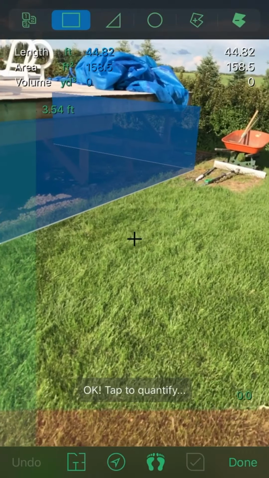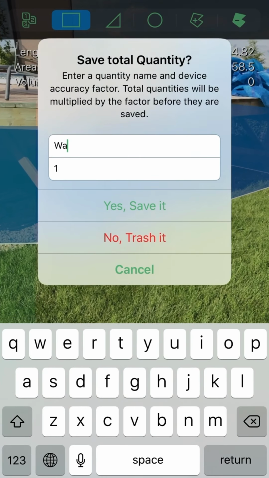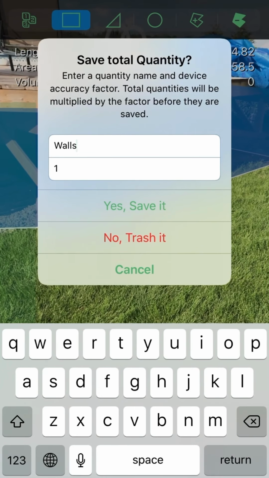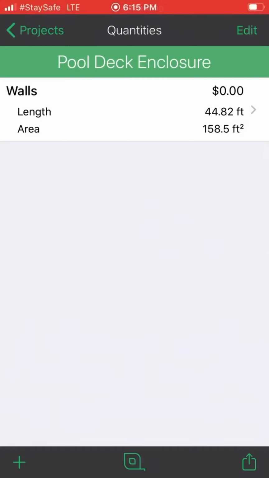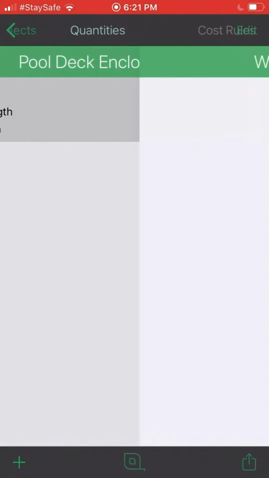So I'm just going to hit done to save that and call it walls. Yes to save. And now I've got my saved measurement for my walls, around 45 feet long and an area of close to 160 square feet. Okay, so now I need to determine how many fence boards I need. So I'm going to tap into the wall quantity that I saved,